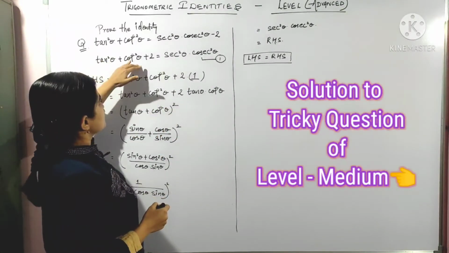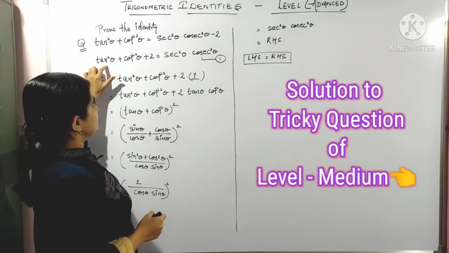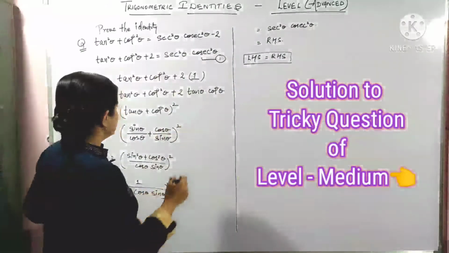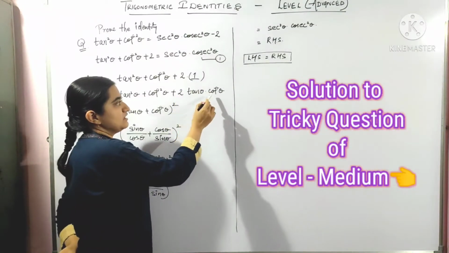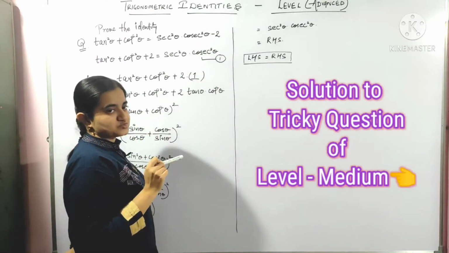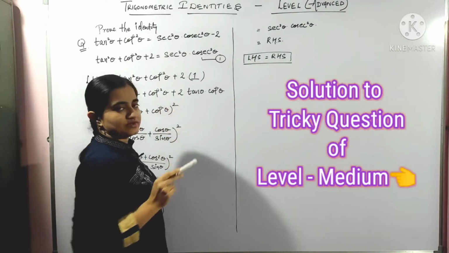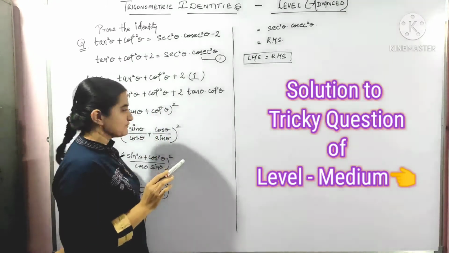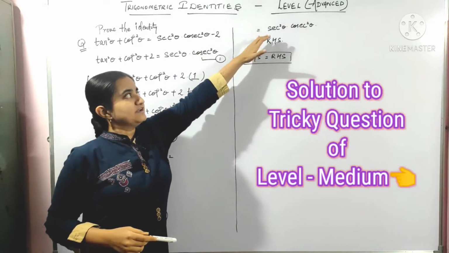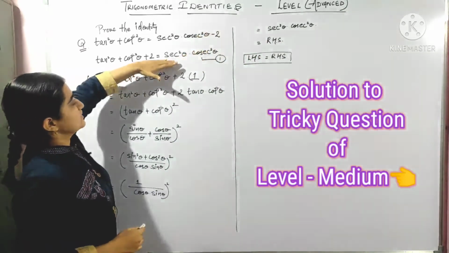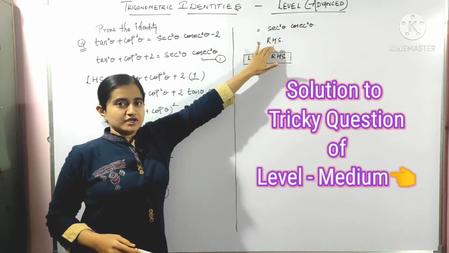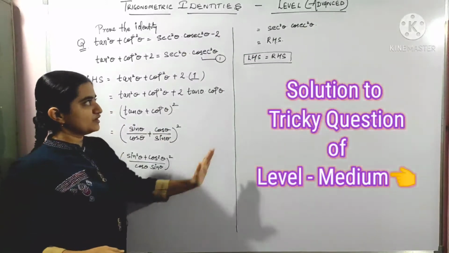Okay, so tan square plus cot square plus 2 equals sec square into cosec square. Now taking the left hand side, tan square plus cot square plus 2, and we can write 2 as 2 into 1. Now instead of this 1 we can write tan theta into cot theta. Okay, and then we can apply the algebraic formula, that is a square plus b square plus 2ab, a plus b whole square. Now in the next step we will move towards sine and cos so that we can reach our final destination, sec square into cosec square. See this one, our final destination is sec square into cosec square, that is the right hand side. Okay, from the left hand side we are working and now we are moving towards the right hand side.